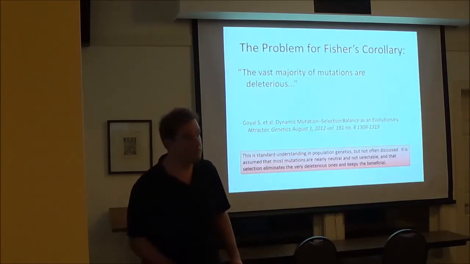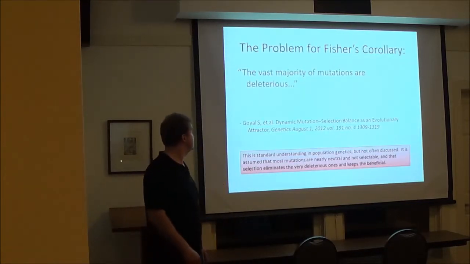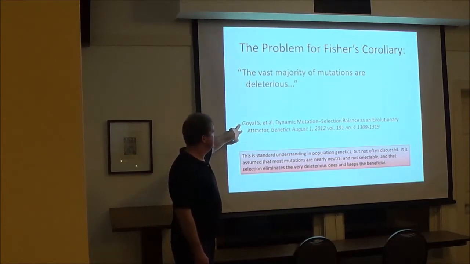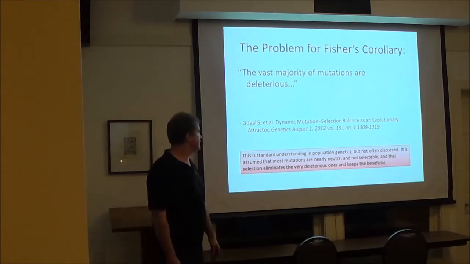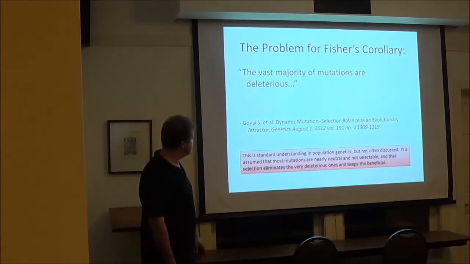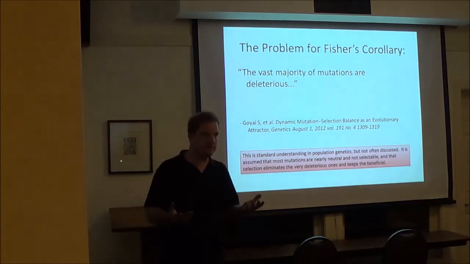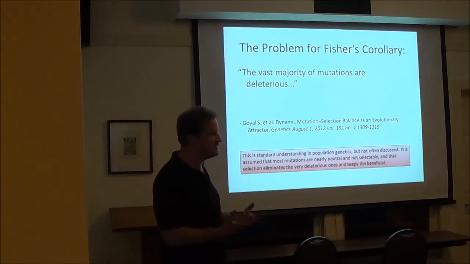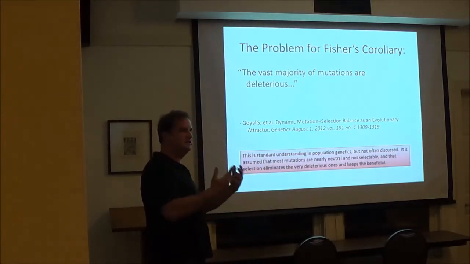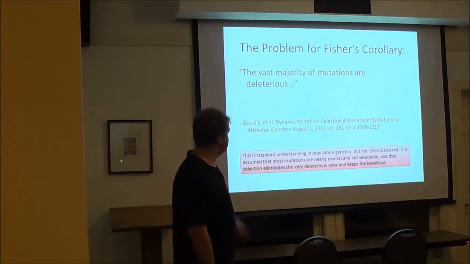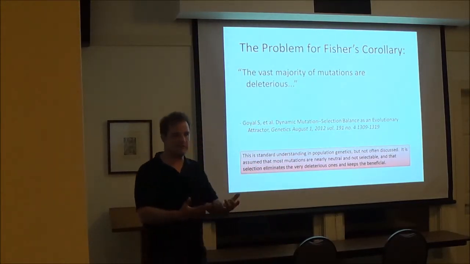So here's the problem for Fisher's corollary. The vast majority of mutations are deleterious. It's from this article here. This is the standard understanding of population genetics. It's not often presented in biology classes because we like the idea of the mutation-selection process. And if we all understood that most mutations are deleterious, deleterious means it hurts the